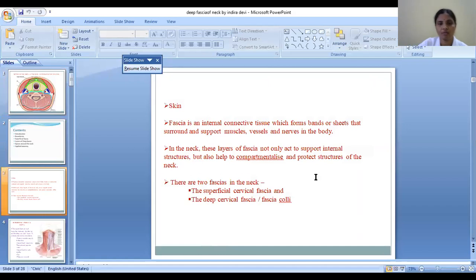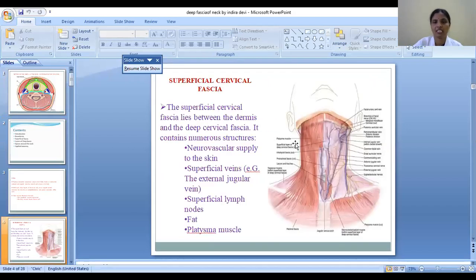Okay. So let us see what the structures are. After removing the skin, immediately you can appreciate the superficial fascia. Within the superficial fascia, you can appreciate an important subcutaneous muscle in the neck region. It takes origin from the fascia over two muscles, the deltoid and pectoralis major, from this thoracic area, and ascends upwards, crossing the neck. By crossing, it forms the roof for the anterior triangles of the neck.